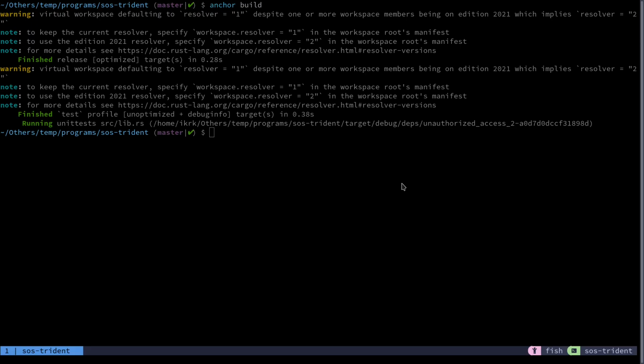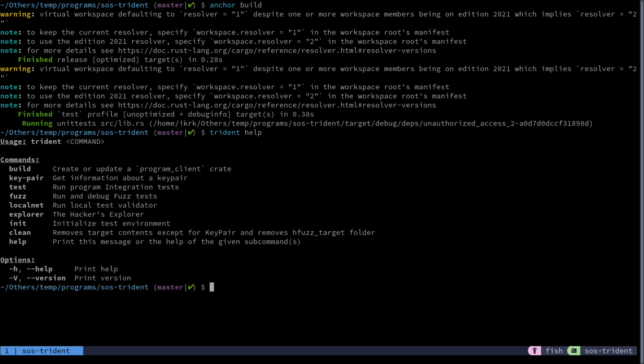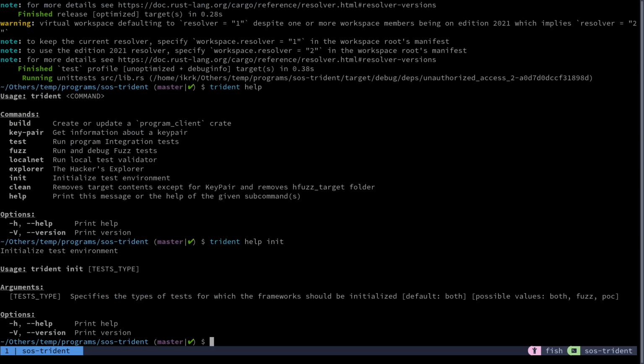Now, if your Anchor program was built successfully, then we can initialize Trident, and this is very easy. You can just type trident init. But maybe before we do that, I also recommend you check the help. So you can just type trident help in order to see all the commands that are available to you. And you can, for example, type trident help init, and it will give you further details